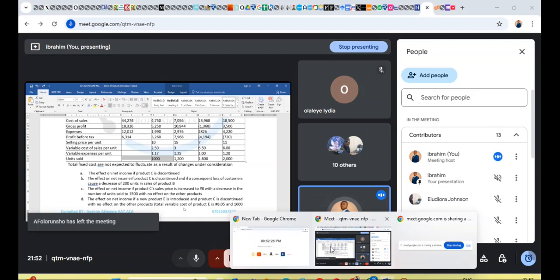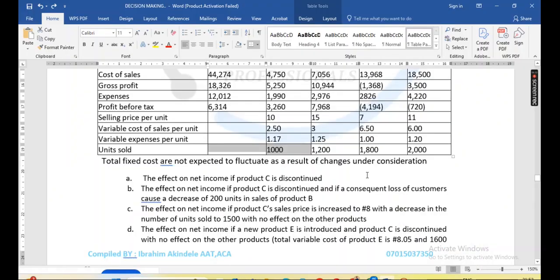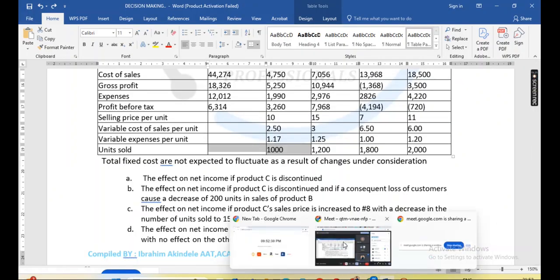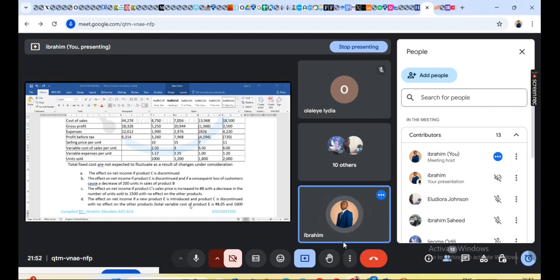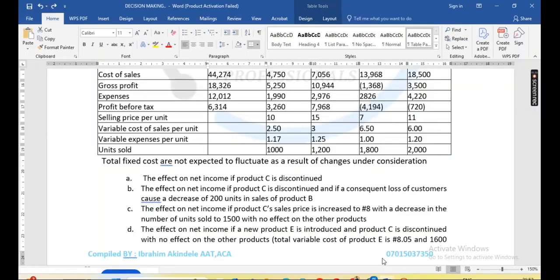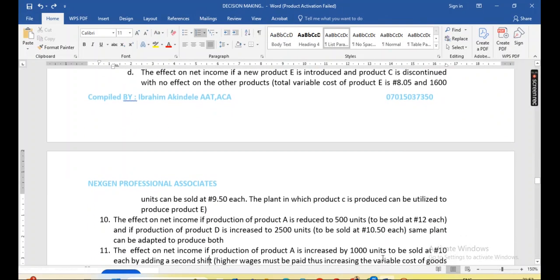So it is assumed that the number of units you sold is the number of units you produced. Your sales is based on the number of units you have in stock. If you don't have it, can you make a sale? No. So therefore, product A has reduced to